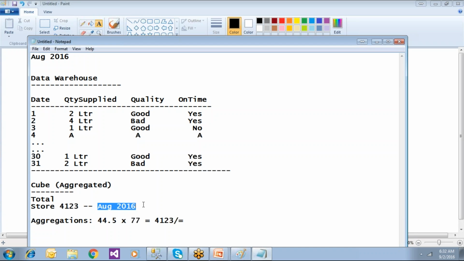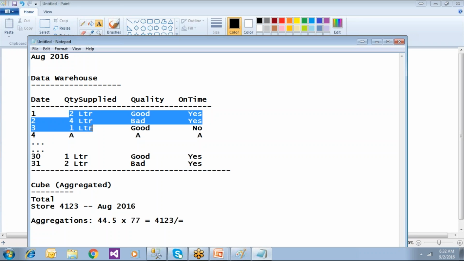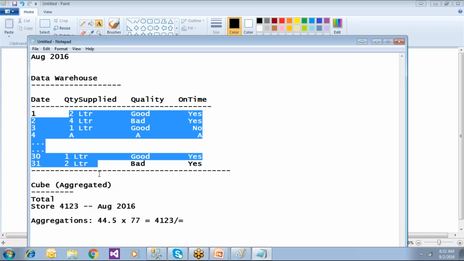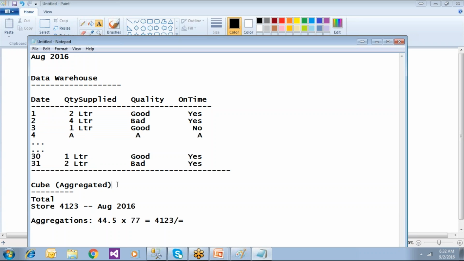Multi-dimensional means I need year-wise, a dim time table we're talking about. I need country-wise, location-wise, state-wise, month-wise. So we're talking about lots and lots of aggregations, and all the aggregations you're asking to do here will definitely take time. For example, tomorrow Lata comes and asks me, Bhaskar, tell me how many times the milk